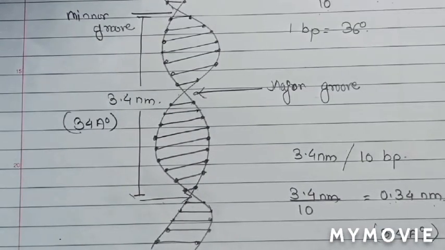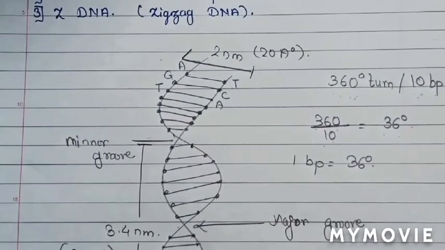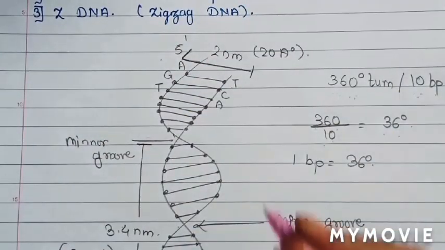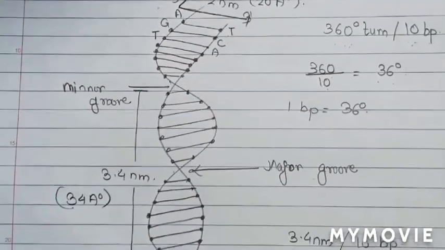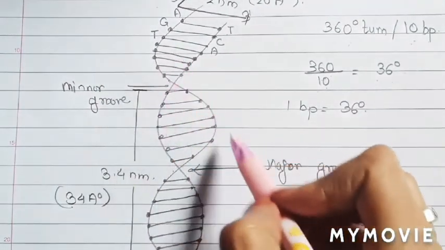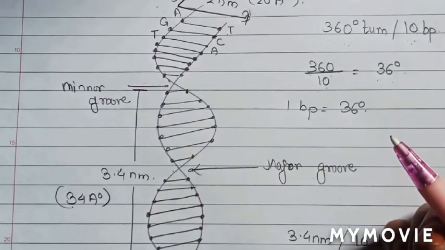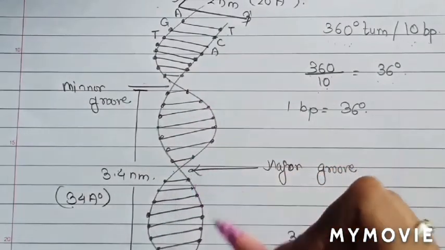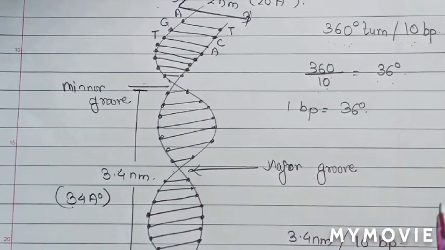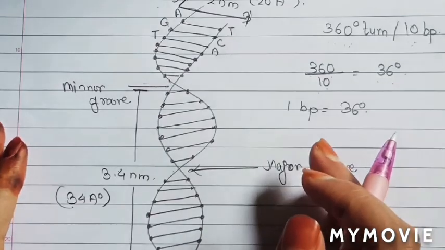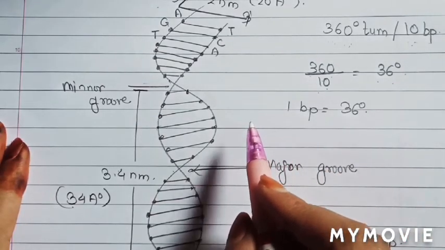So these were some important parameters of DNA, and you can see here the 5' end to 3' end and 3' end to 5' end. These are the polarity of DNA strands. Here you can see the two DNA strands. It is a double helical structure, and as you have seen, it is a right-handed alpha structure of DNA. So this is B-DNA, the model of DNA given by Watson and Crick.